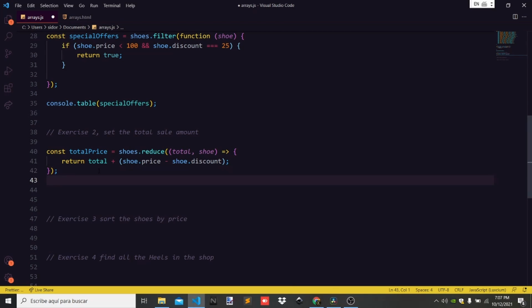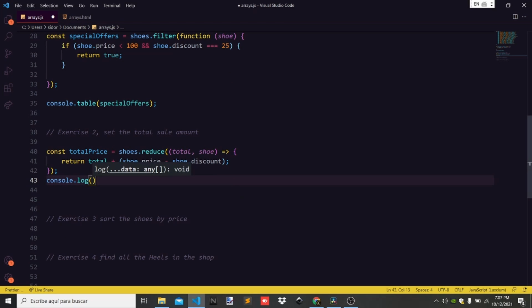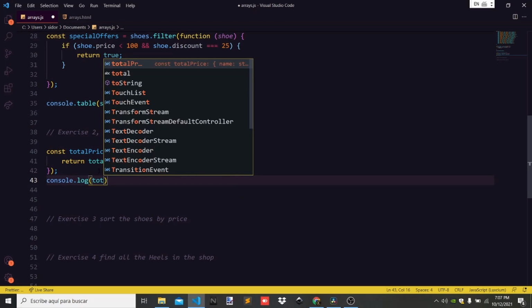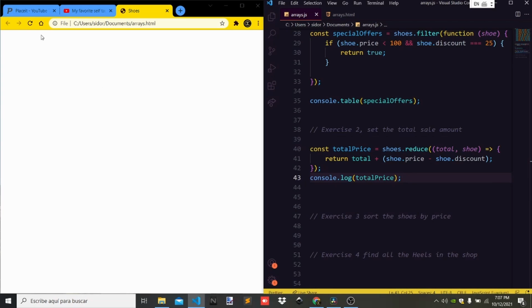Now we just console.log totalPrice, semicolon, control save, open the browser, refresh,